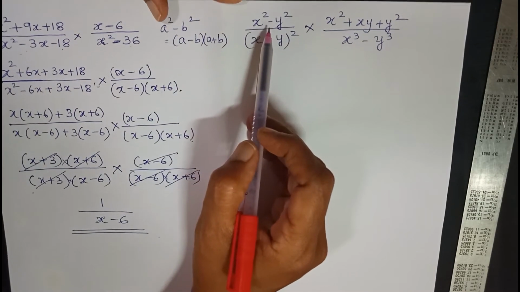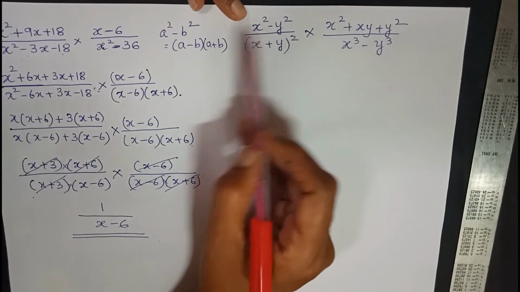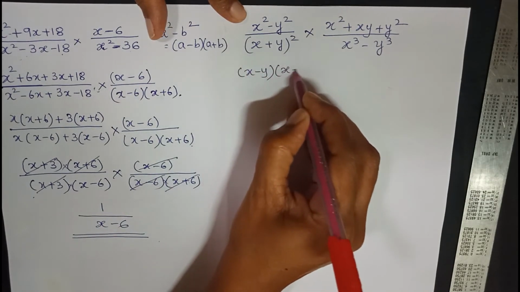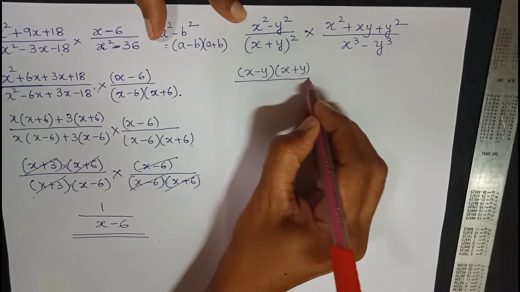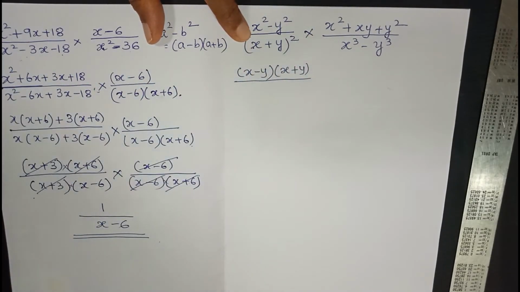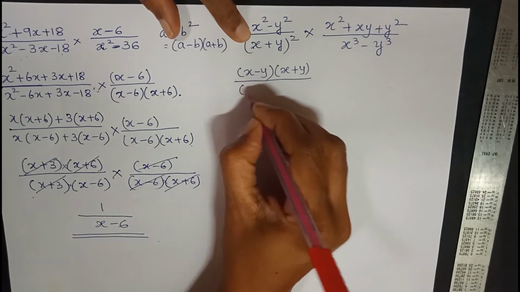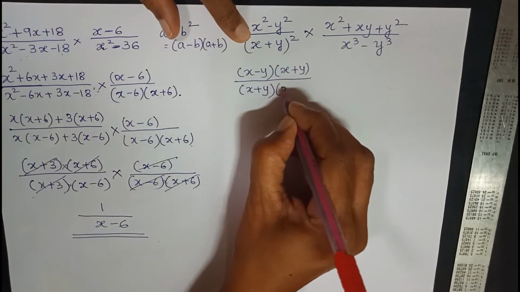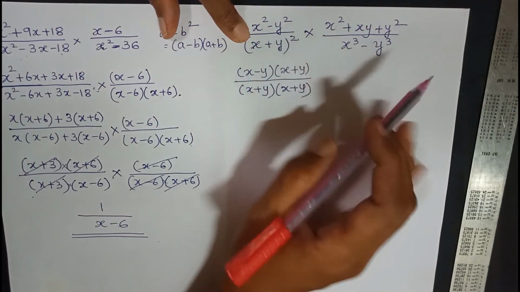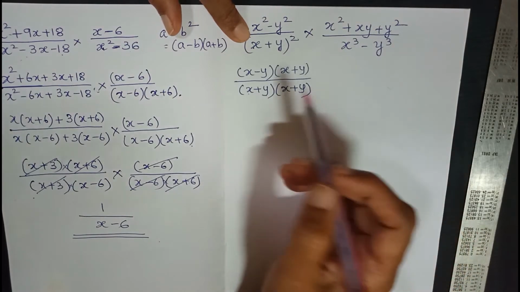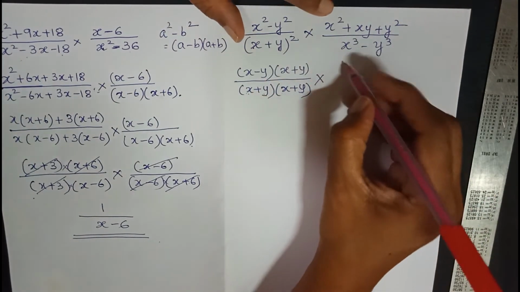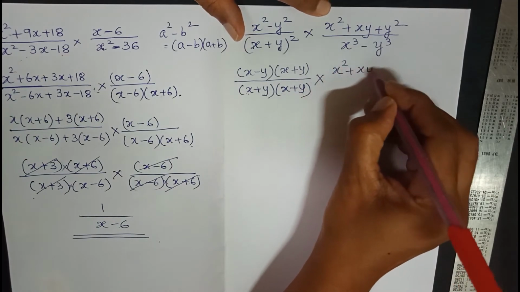You can see x square minus y square. So again it is in the form a square minus b square. So we write it as x minus y and x plus y upon. Now this is a plus b the whole square. We will not expand it to write a square plus 2ab plus b square. We will just write it as 2 brackets. We are interested in getting brackets here. So x plus y the whole square means x plus y is multiplied 2 times. That is why I am writing x plus y, right? Now this we will leave it as it is.